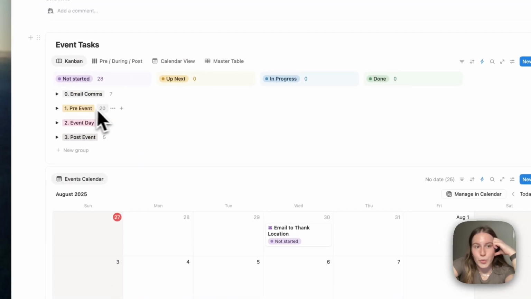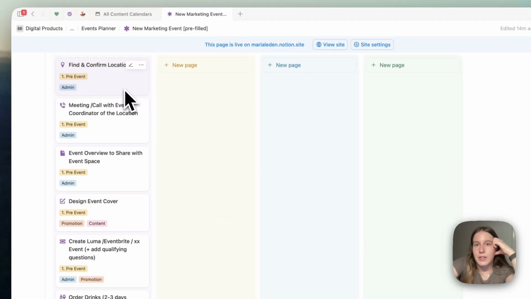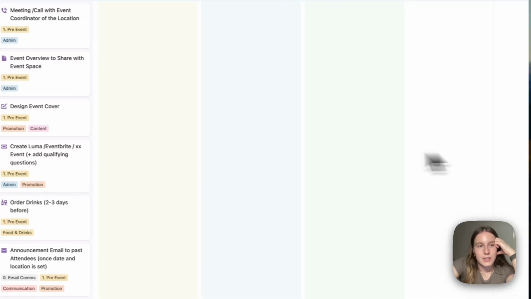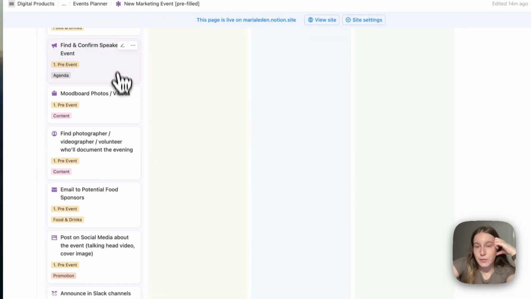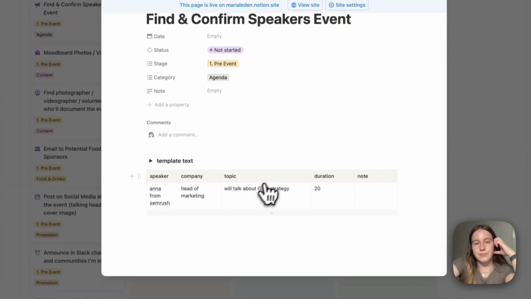Then pre-event, there are 20 tasks that we need to do. Find and confirm location, have a meeting with the event coordinator, share an event overview with the space, design the event cover, find and confirm the speakers, and you can open up each page and then you have some templates